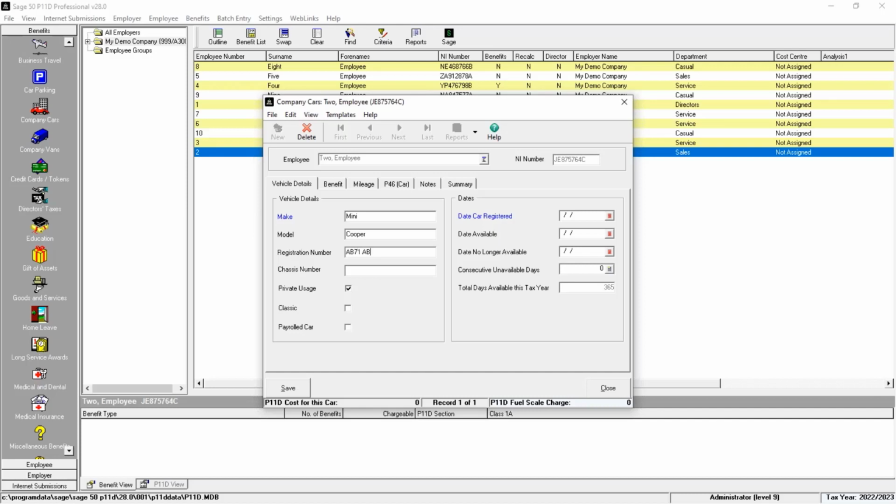I'm just going to put some of the details in here. Registration date of the car. And then the dates available if it hasn't been available for the full tax year. So if it was provided after the start of the tax year, you need to put the date available in. If it's been withdrawn during the tax year, you put the date no longer available. But in this case, it has been available for the full year, so I'm not going to bother filling in